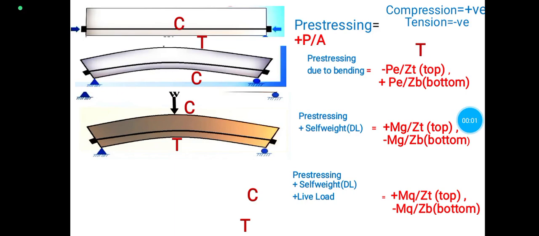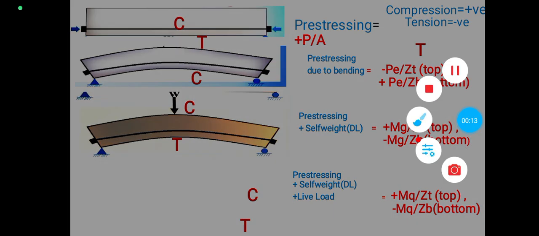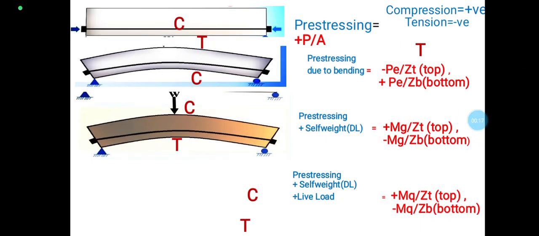Let us understand how the resultant stress equations are represented for the compression phase and the tension phase for the pre-stressed concrete beam. Let us consider a concrete beam which is to be pre-stressed by a tendon. So in the first figure, this is figure number 1, let us consider that we are trying to pre-stress it